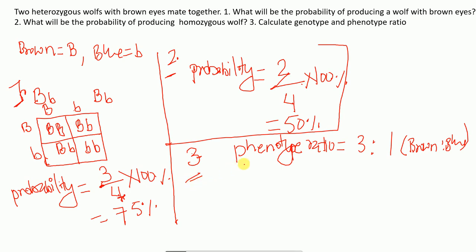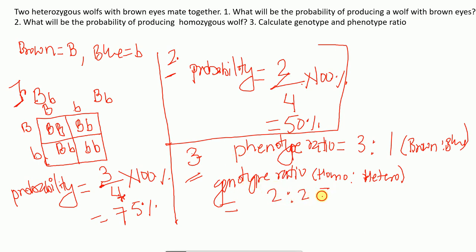Now another part of question number 3 is the genotype ratio. For the genotype ratio, look here. If we do homozygous versus heterozygous, homo is to hetero, the genotype ratio is here, this is homo, and this is hetero, this is hetero. So basically it's